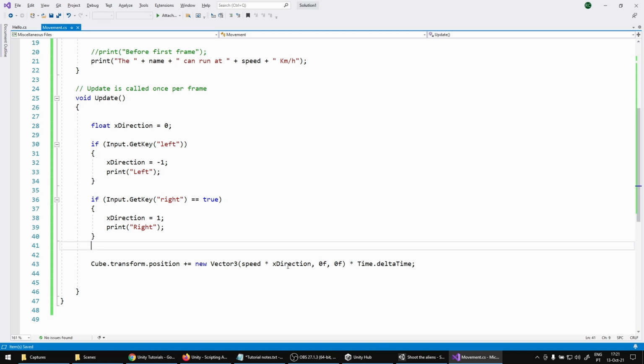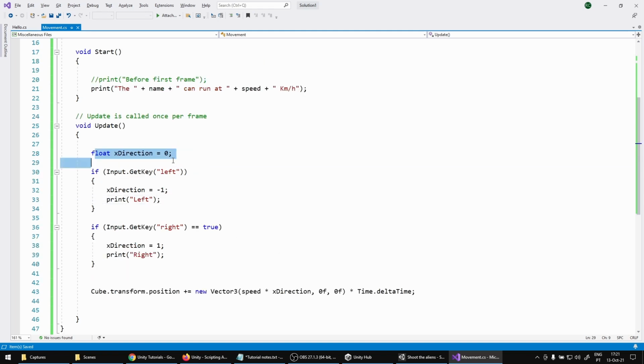And I'm saying this because sometimes you find code like this, and you may ask, well, this is not testing anything. Where is the equal sign? Just for you to be aware of this reality. What's happening here? You declare 0 as direction. If you press left, you change direction to -1. If you press on right, you change direction to 1, and then you multiply that direction with speed, and then you apply the speed to the x position of a vector, and that vector will change the position